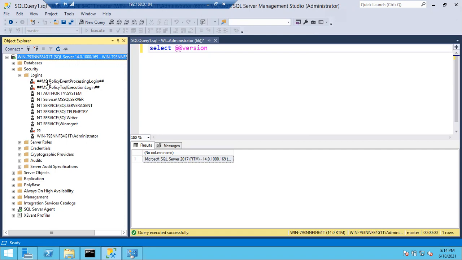After a successful installation you can also add logins whenever you want. But if at the time of installation you don't add anyone, no one can connect to the SQL instance.